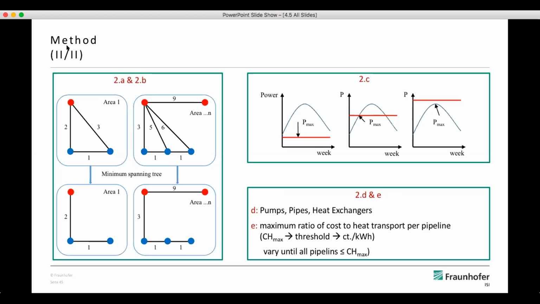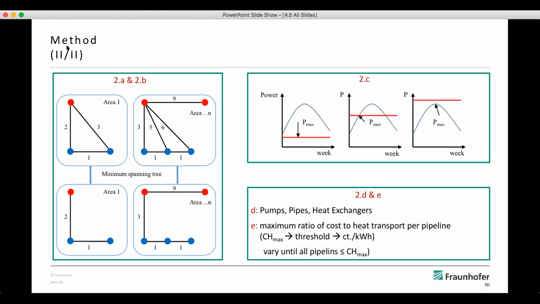And then in the next step, 2C, we are calculating the load we can provide from the heat sources to the heat sinks. And as we have already seen in the presentation before, this always depends on the load profiles with regard to the excess heat sources we have, but as well with regard to the load profiles of district heating. I've chosen here a bit unusual profile for district heating. So in the summer, the profile is going up, only for visual expression.